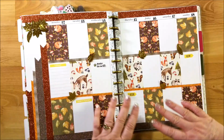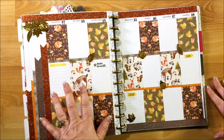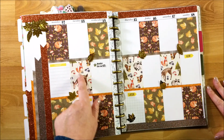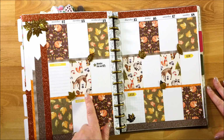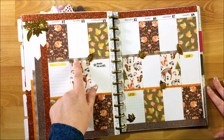So here's my final planner spread. I think it turned out really pretty. I love these watercolor images of the woodland creatures and the foxes here. So I think it tied together well using the different colors, the orange and the brown and the rose gold